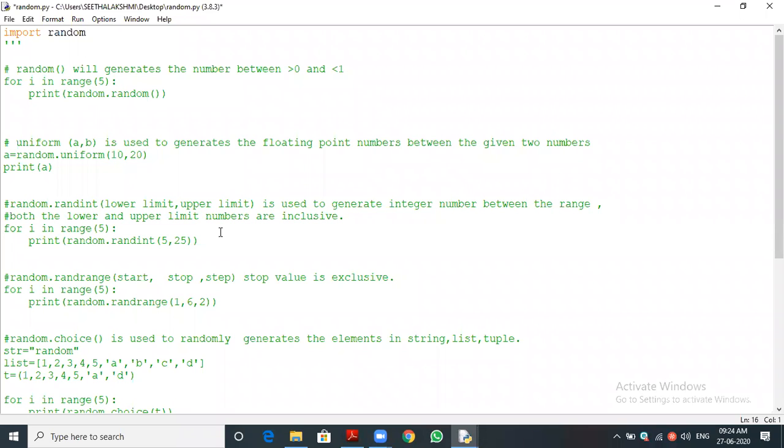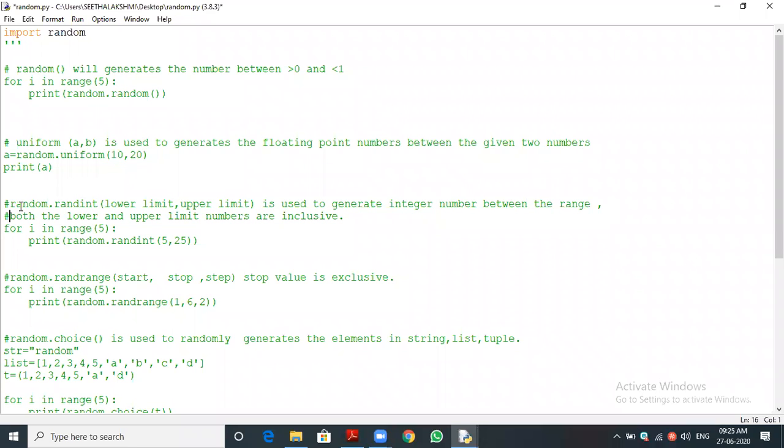Yes, you understood exactly. It may generate the lower limit number and the upper limit number also. Suppose I'm giving 5, 10: 5 is included and 10 is included. It may generate 5, 6, 7, 8, 9 or 10. So like this the rand_int function will generate.